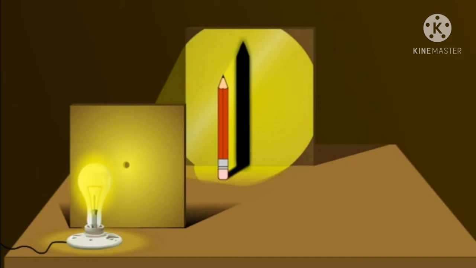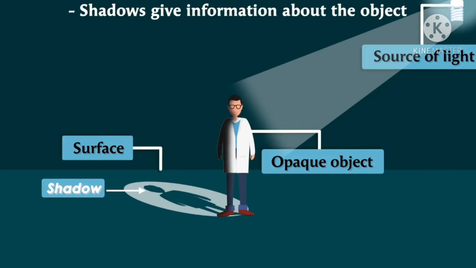The shadow of an object can be seen only on a screen. Surfaces such as the walls of a room, a building, and even the ground act as screens for the shadows which we see in our everyday life. For the formation of shadows, the things required are a source of light, an opaque object that blocks the light, and a screen on which the shadow can be seen. The screen is any surface on which a shadow falls.